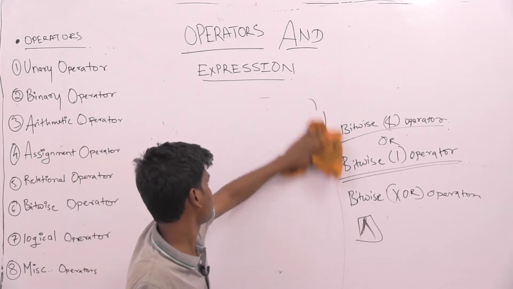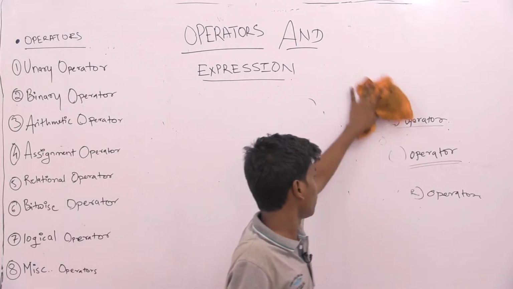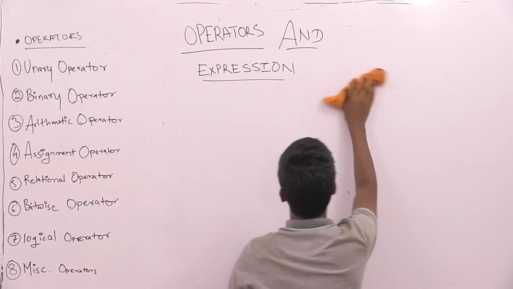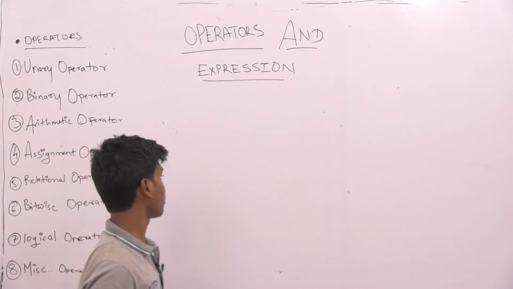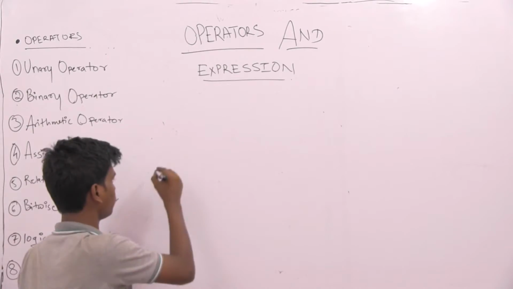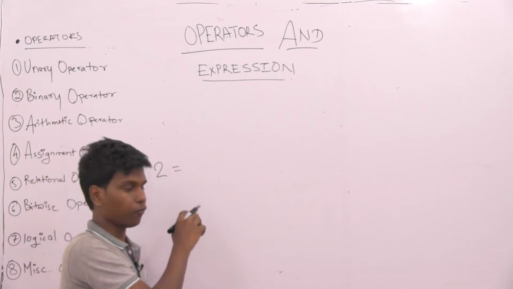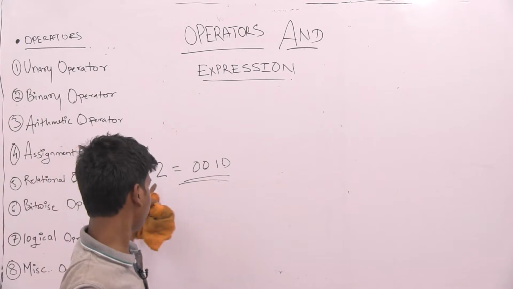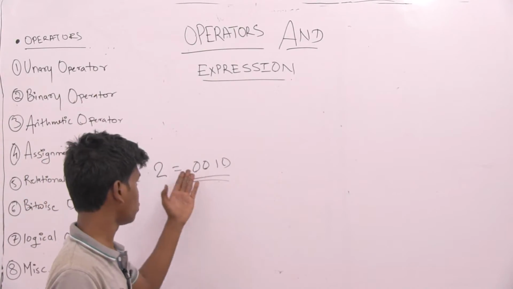So I will give an example of what it is meant that I am teaching you. You might be thinking what is going on here. If I give you an example, you will be clear about it. Let's take an example of a bitwise operator. Let's take the value 2. In the binary system, as I said earlier, the value of 2 is 0 0 1 0. It is computer language. If you type 2, then the value is transmitted in computer language as 0010.